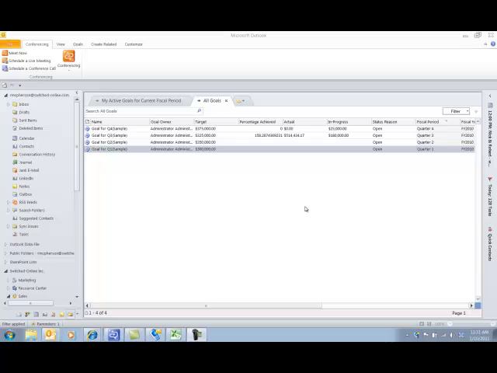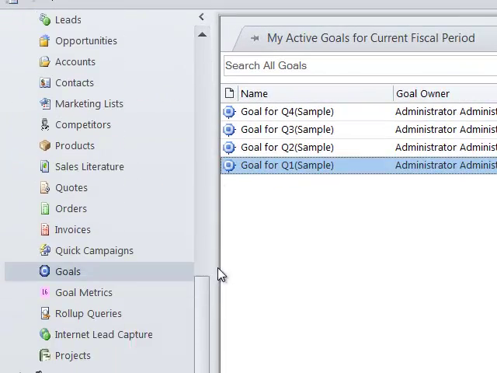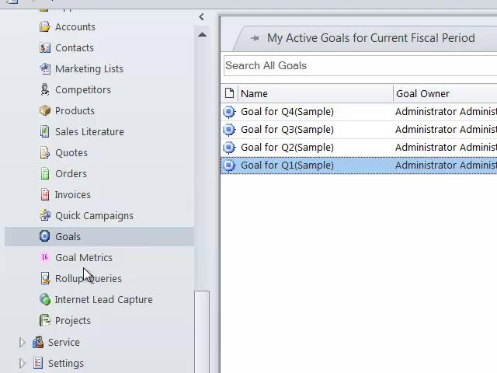At 1 o'clock, after the meeting with the sales reps, the sales manager decides he's going to set some new goals and objectives for his sales force over the first quarter of 2011. In order to do this, he first needs to set a goal metric. He does this by navigating down to the goal metrics,